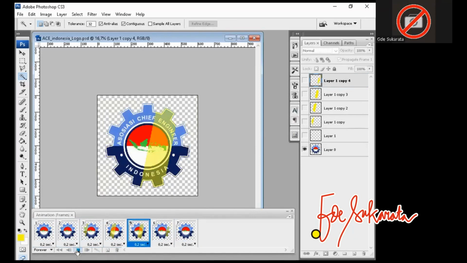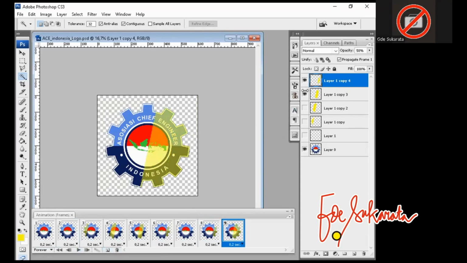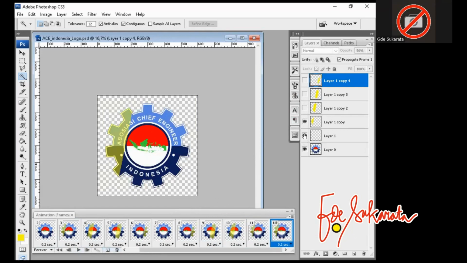Okay, we can duplicate this frame. So this hide, duplicate frame, and the same for the following hides. Okay, yeah.